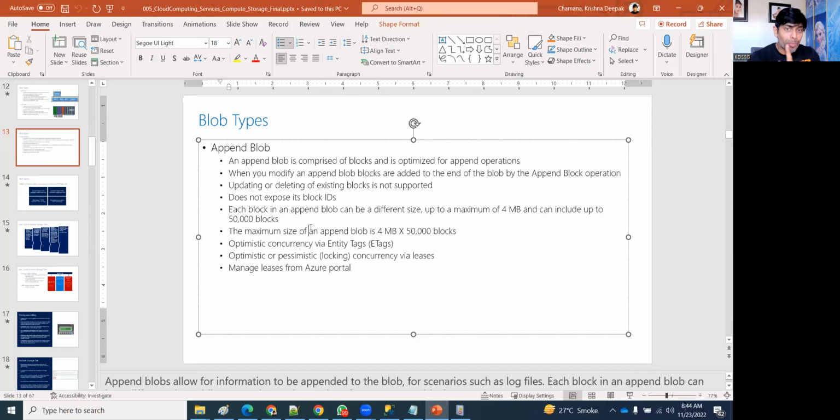Now, a couple of topics we did not touch. What is leasing? Leasing in storage cloud. How do we change the tiers? That topic we have to cover. And then what are optimistic and pessimistic locking? Locking concepts are also there. What is version control? What is a snapshot? There are some interconnected topics in storage. So if we are fundamentally good, we will cover them.